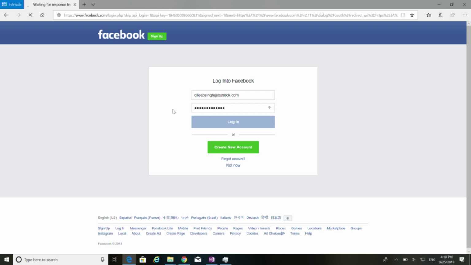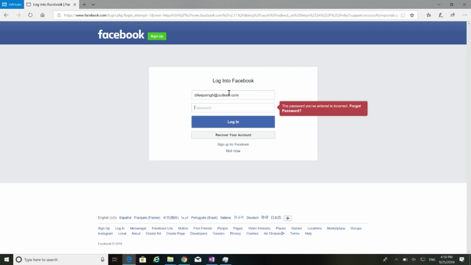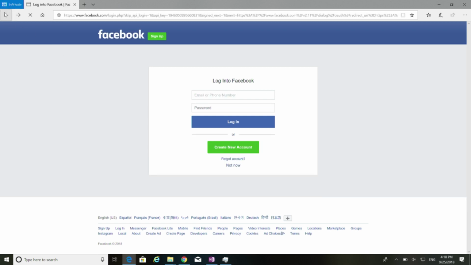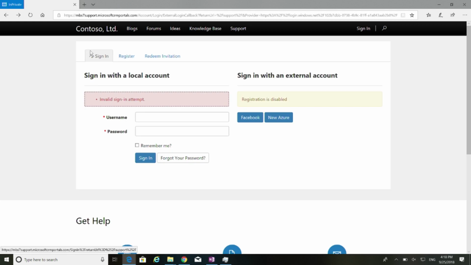All right, I hope I remember my Facebook password, and no, I don't. So we're going to skip this part because I forgot my Facebook password. Believe it or not, it happens like every day for me. My wife knows my password better than me for Facebook for some reason.